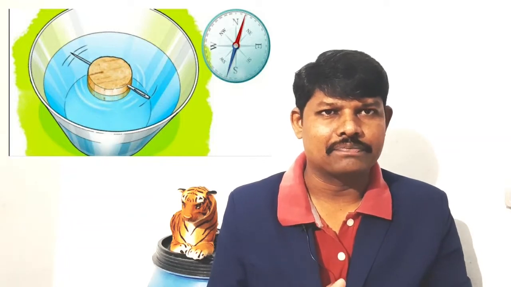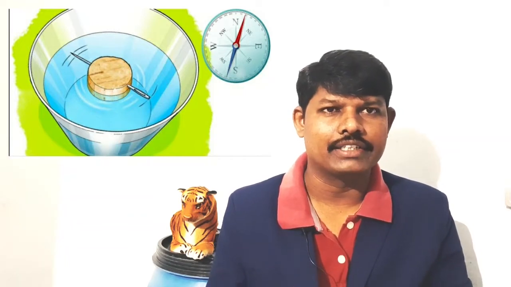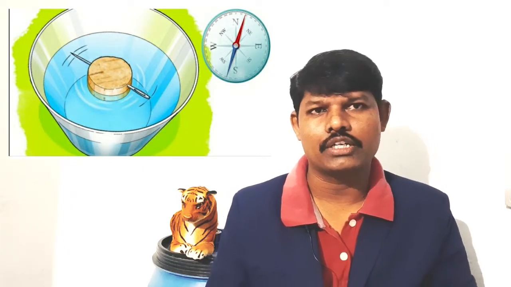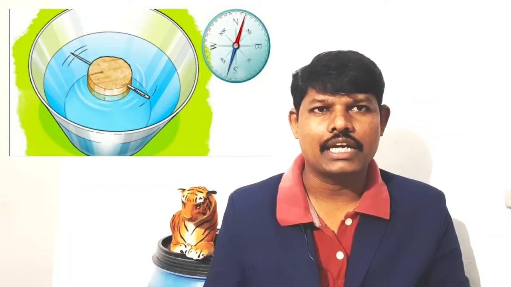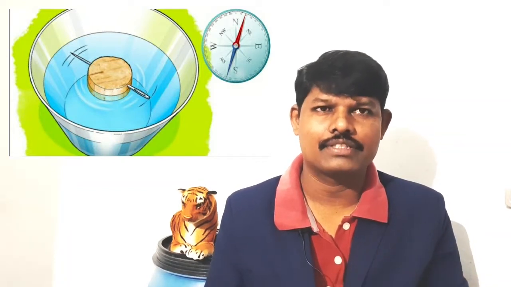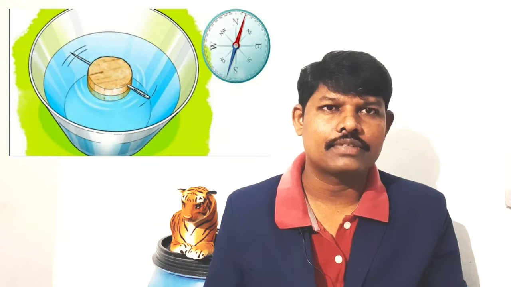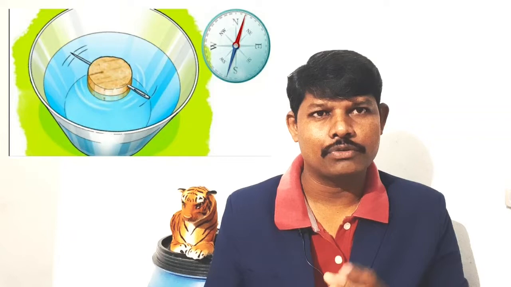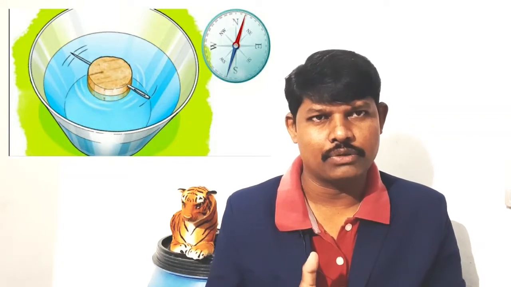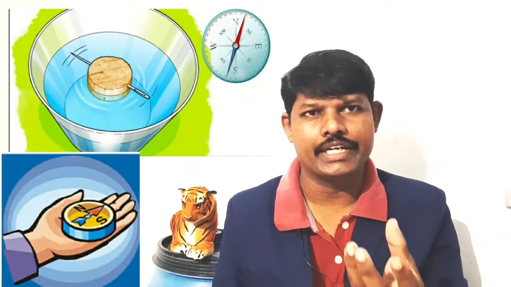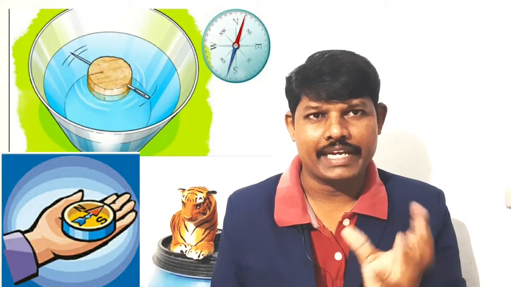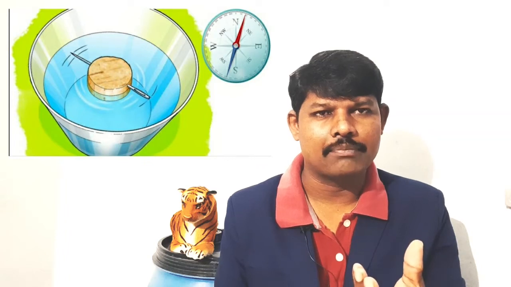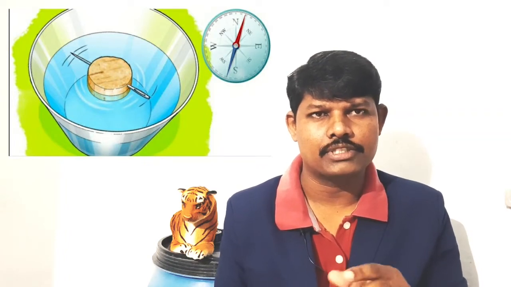While it is rotating, you have to find the north pole and south pole. How to find out this north pole and south pole? With the help of a magnetic compass. A magnetic compass, you know, is a small box used to find the directions north and south. Already you learned about this magnetic compass in the 6th class. With the help of this magnetic compass, find out the north and south poles of this needle.